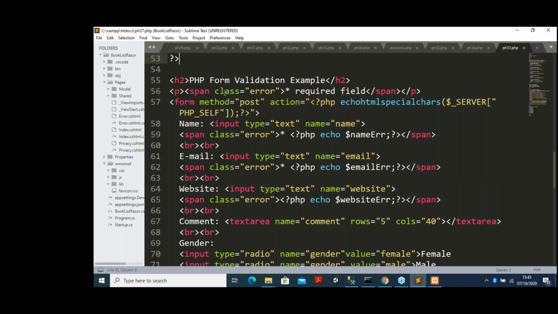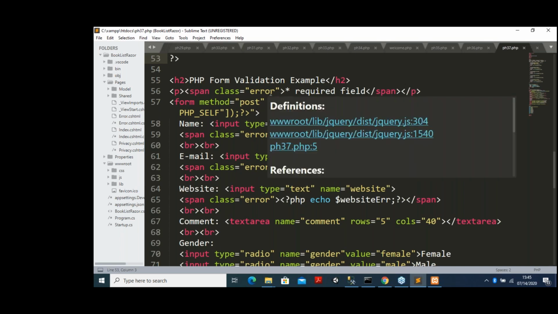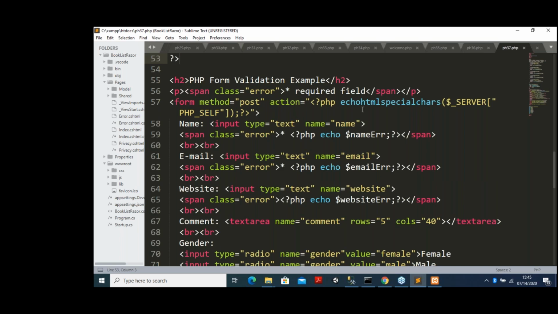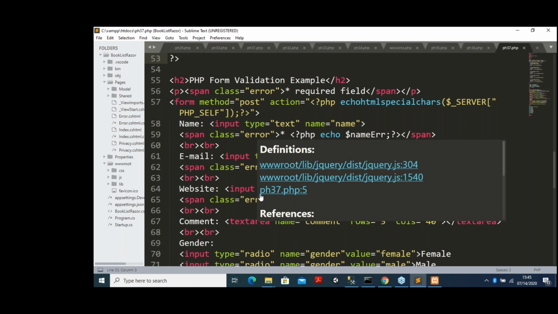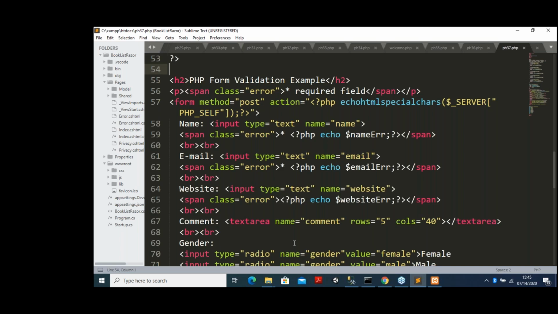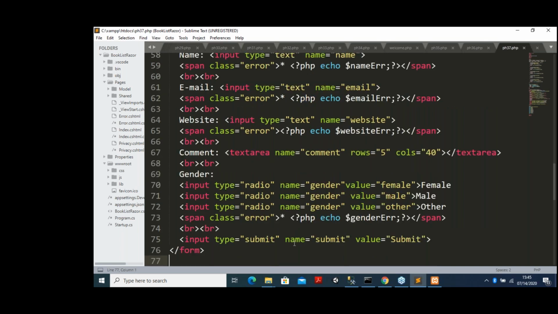So I'm declaring it in three ways in the HTML, as I told you. One way you can use is span class equal to error, then it will show a required field. For method post, action is equal to echo, and so on. So name, it will take the name, then email, it will take the email, otherwise you go for the error. First it will show blank or the error, otherwise if the data is there, it will show that. Same thing up to the radio button and the gender also, and the submit button is there, and finally it will display all the things here.